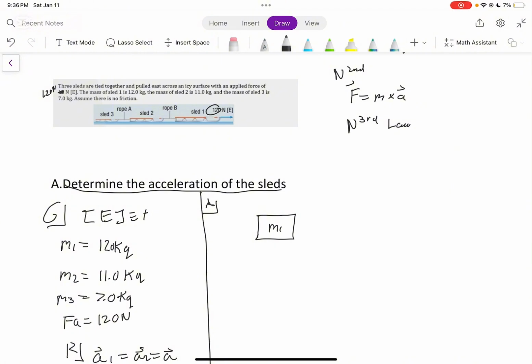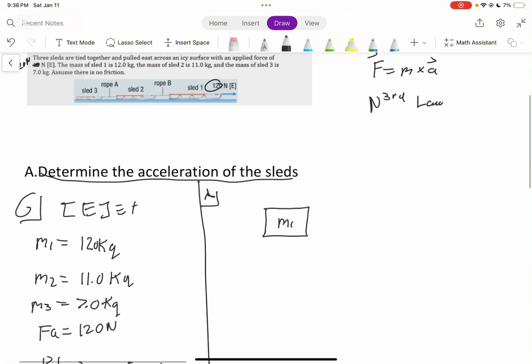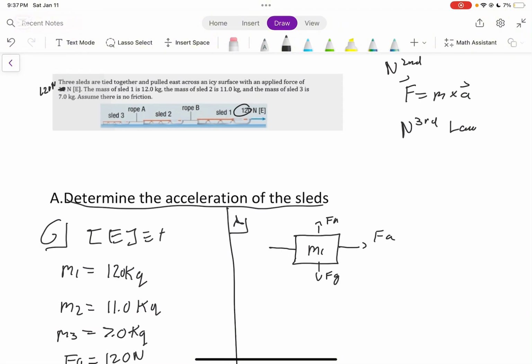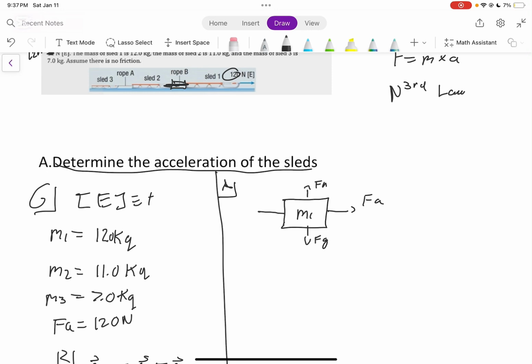Pardon me. So we have mass 1 right here. And on mass 1, we have a force applied. We have a force of gravity, force normal. And we also have another force, basically of tension technically, because there's a rope attaching both of these sleds right here. So there's a force of tension, but we can refer to it as the force of 2 because this is the second sled,